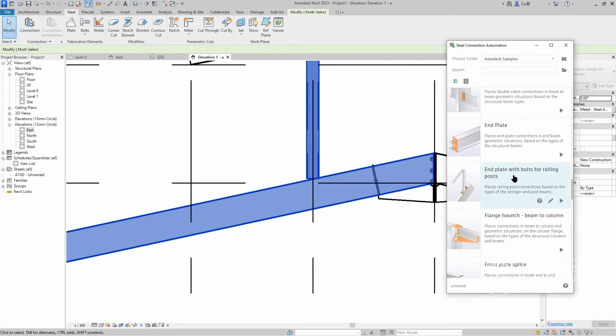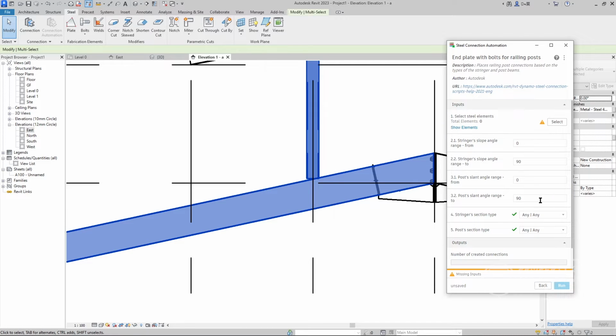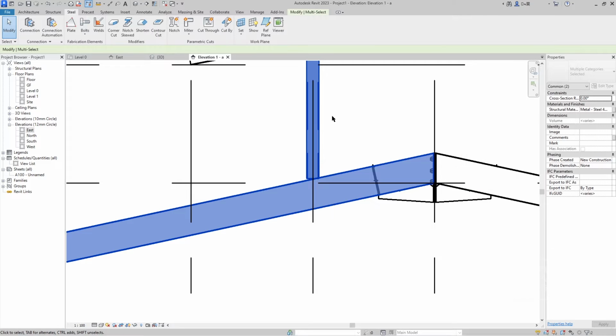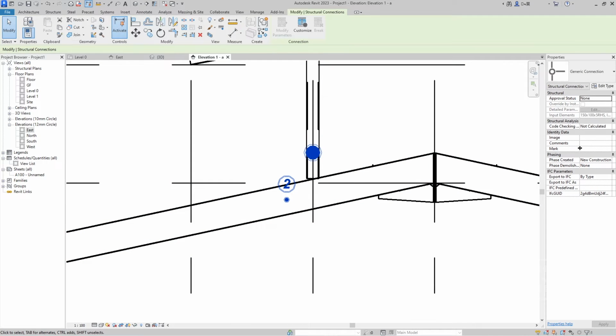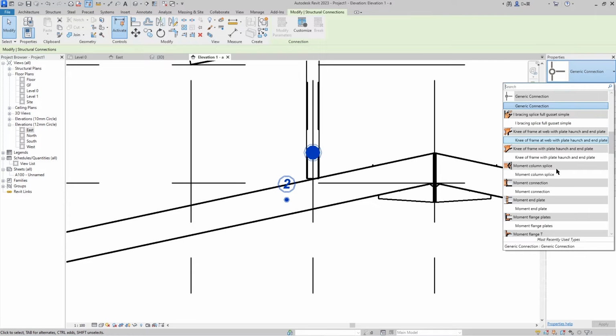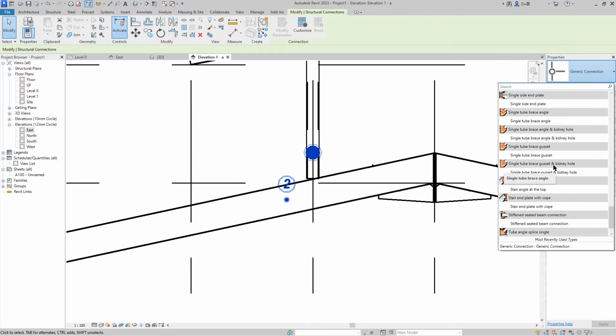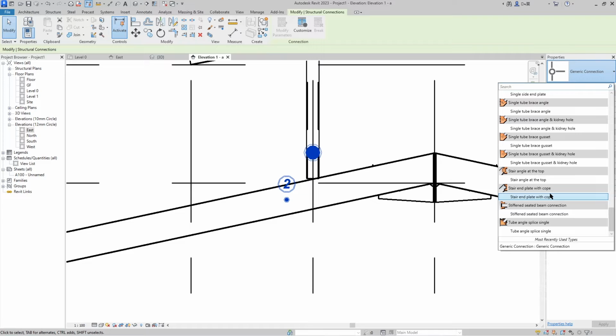Okay, I think this is a good connection. Just try running it. Let me start the connection between this beam into this column by creating a connection. Then let's say we're going to use between